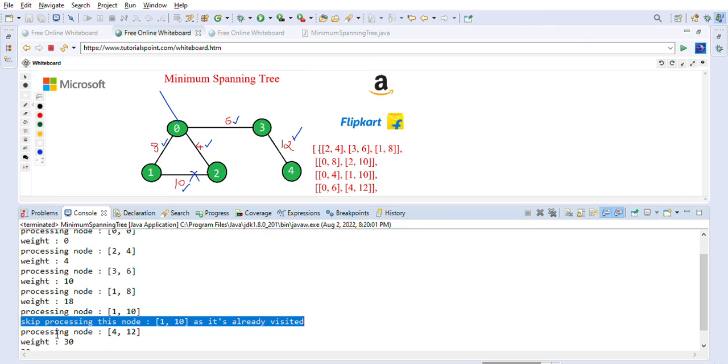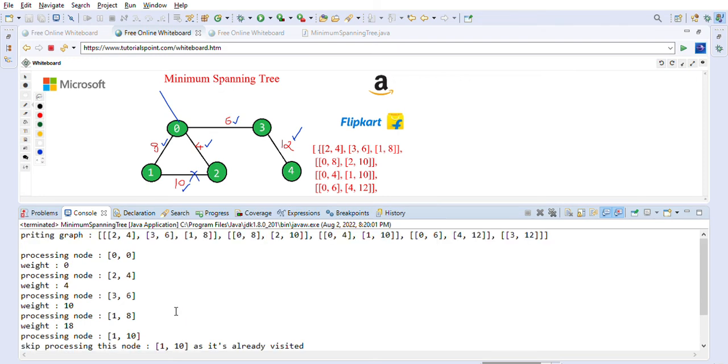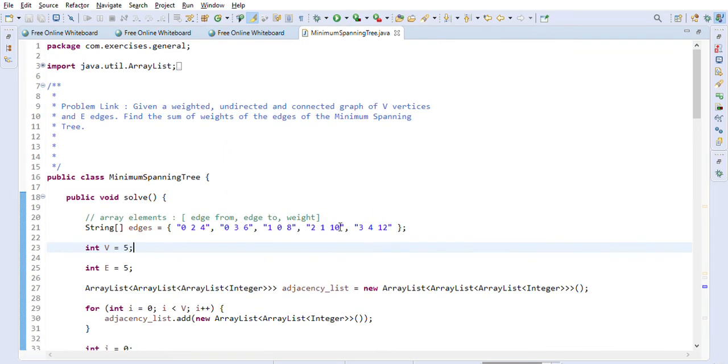So we are going to skip it, and we'll go to the next one, which is 12, right? So we'll add 18 plus 12, which will become 30. So this is how the code works internally. So I hope it is clear to you now how the implementation is done using Java for this minimum